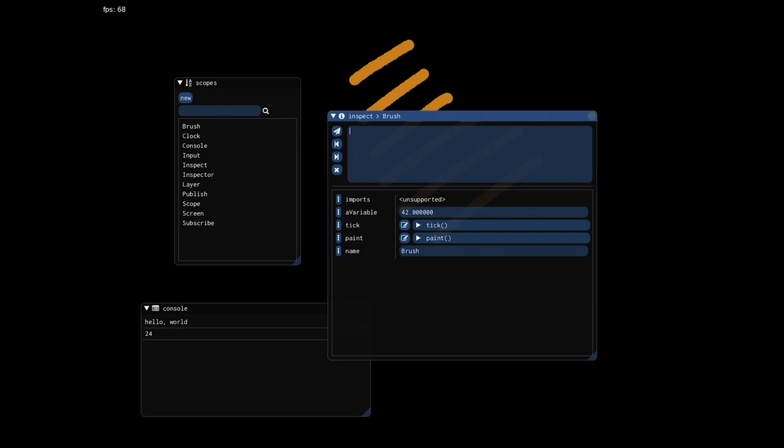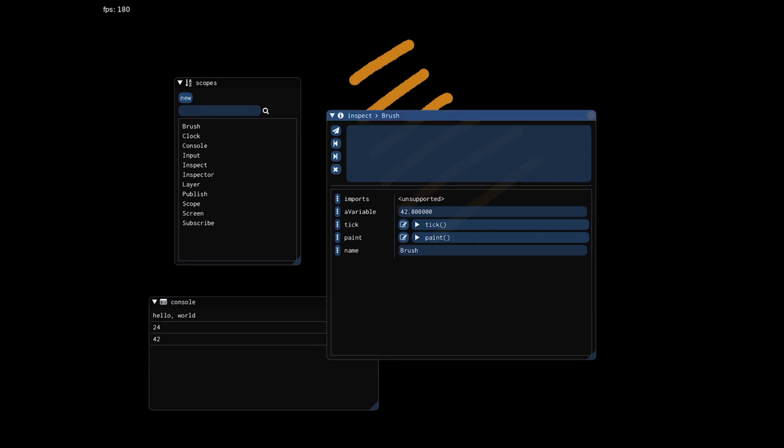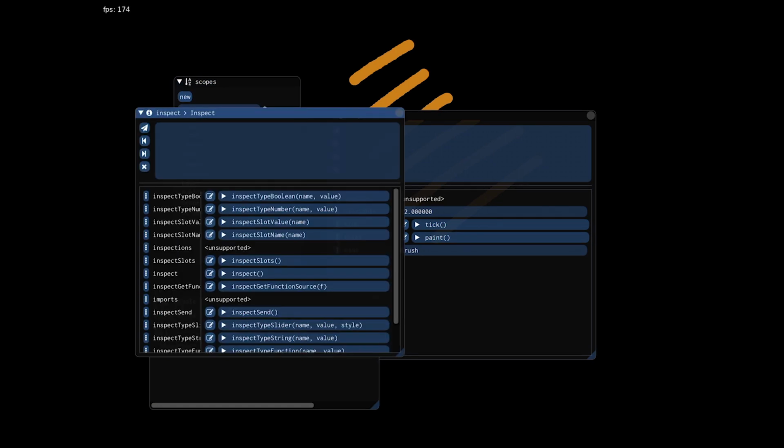So this left and right button lets me go back and forth through the history of messages that I've sent to the scope. And print a variable is the last one that I sent, and I just want to send it again, so I'm just going to do that. And now you can see that it's 42. We don't really want this variable hanging around, so I'm just going to remove it for now. Oh, whoops. I think there might be an issue in my code somewhere,